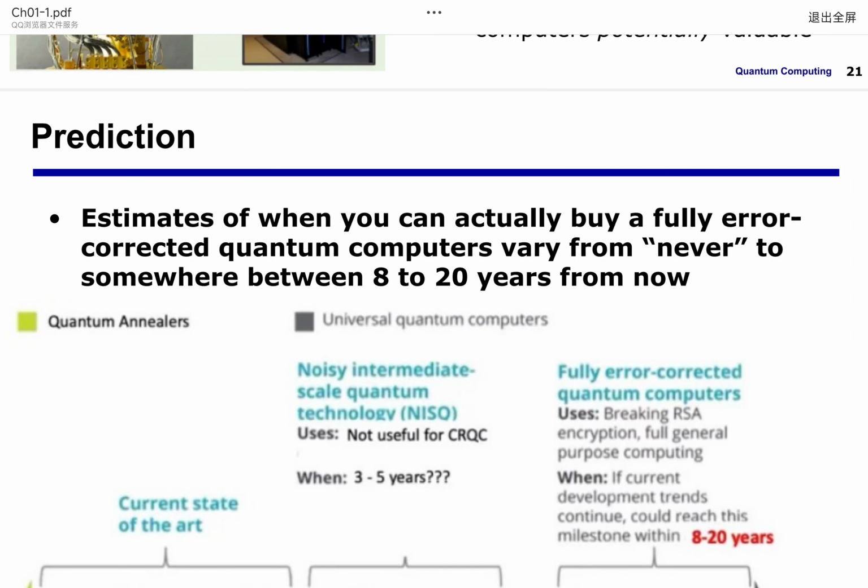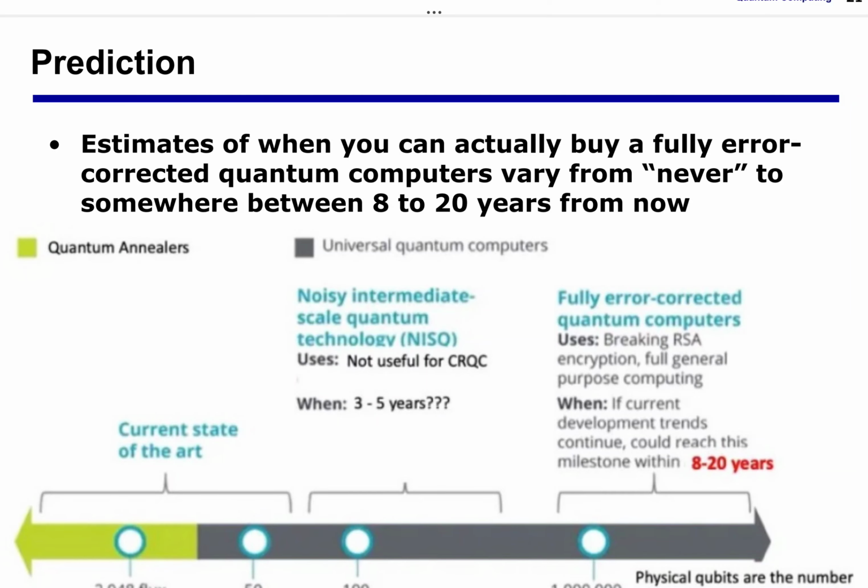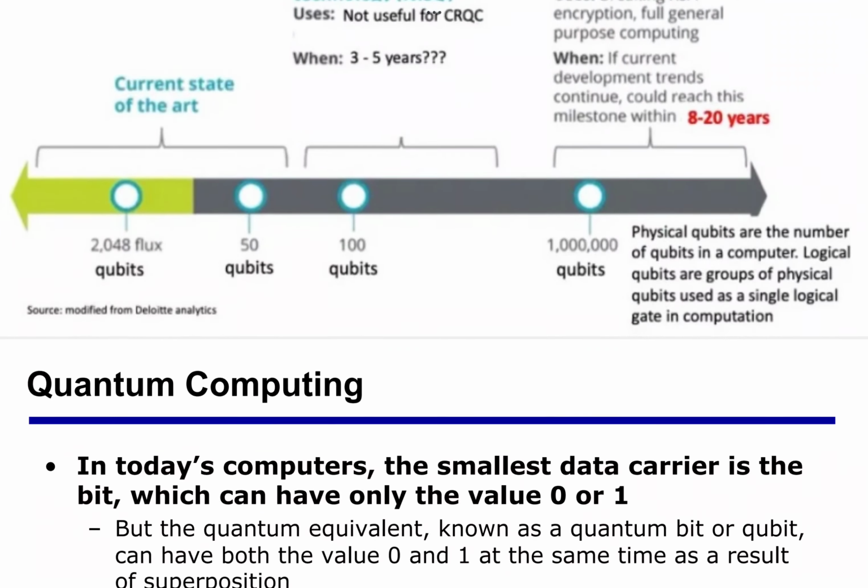And there are some predictions, from never to somewhere, but from now on. I hope that in less than 10 years I can get one quantum computer and do something new.